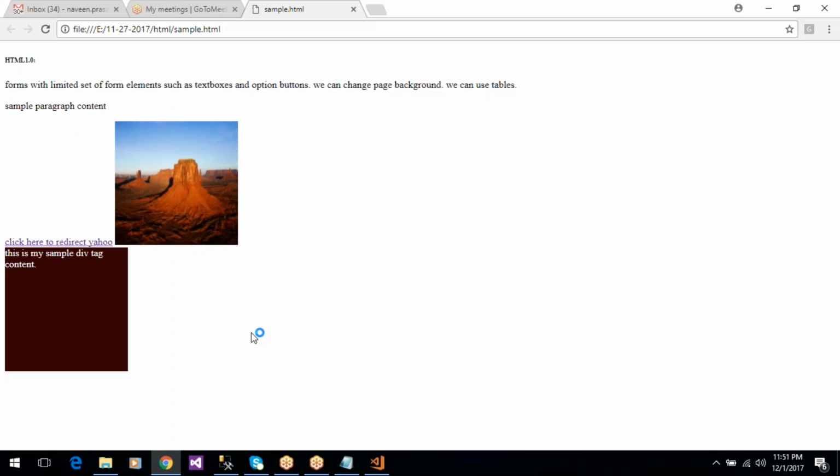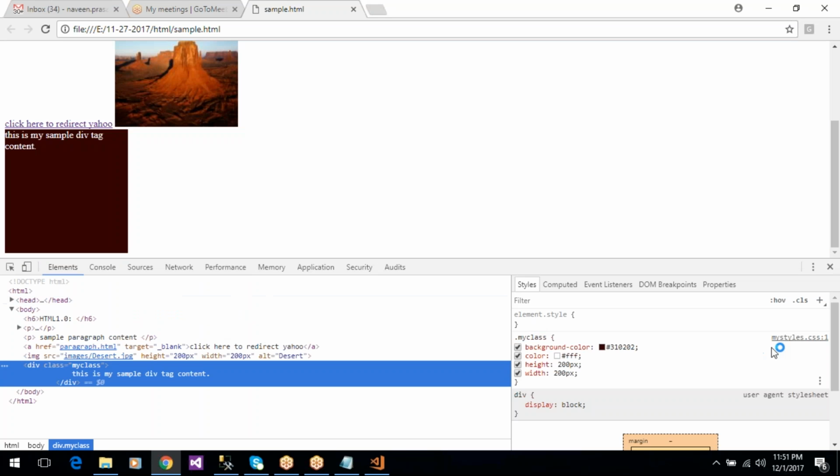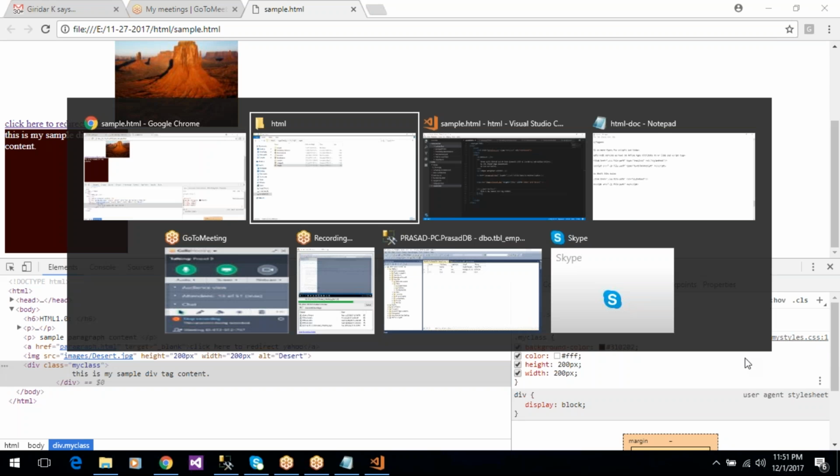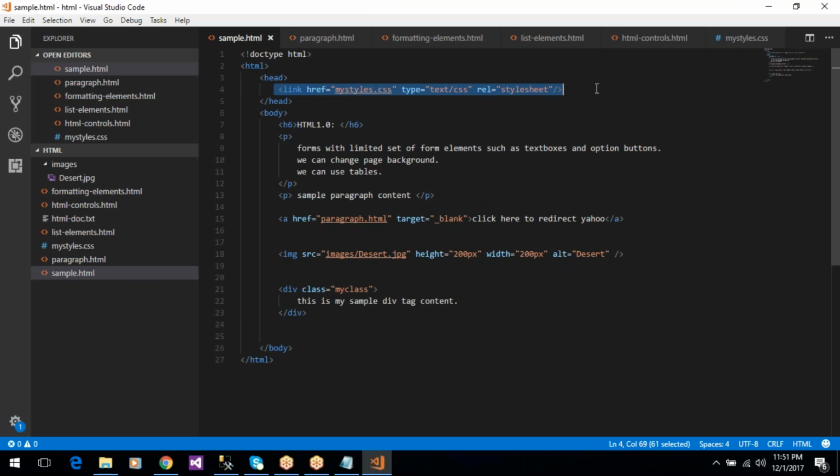Sample form. You can see this is my sample div content. The div has height 200 pixel, width 200 pixel, and the background color and text color is white. So this class is applied. This class is located in the mystyles.css file. Okay, so like this we have to call the css file